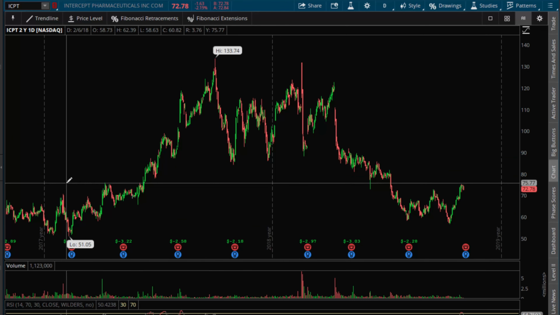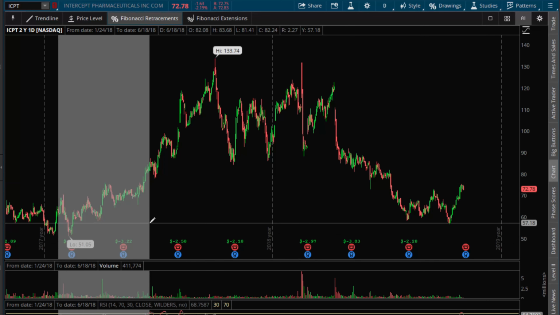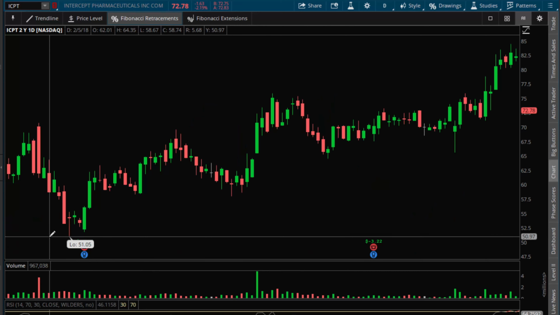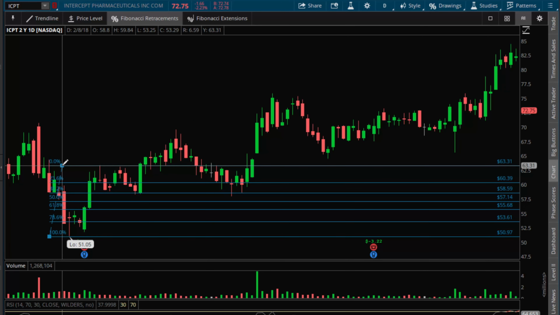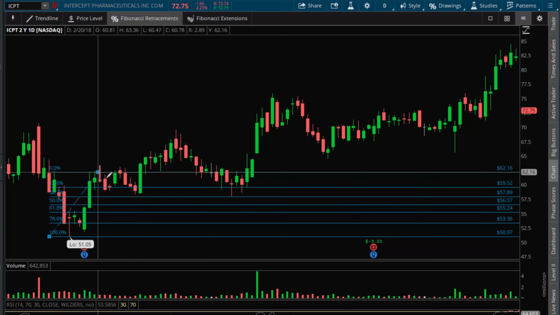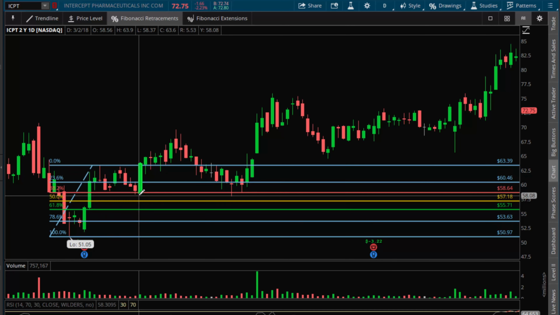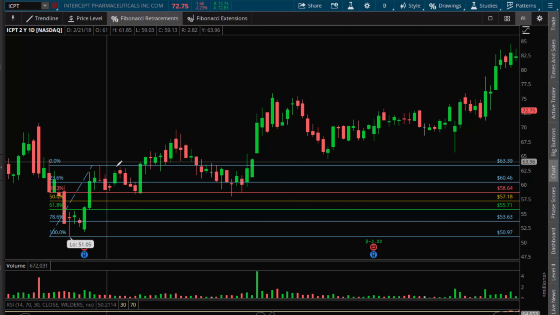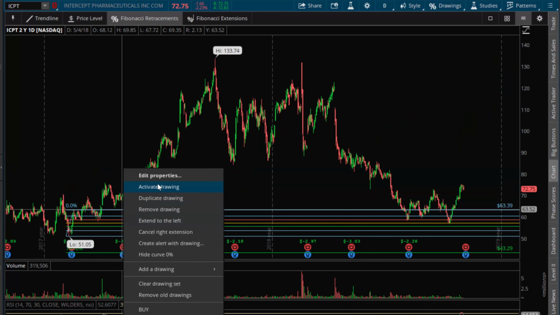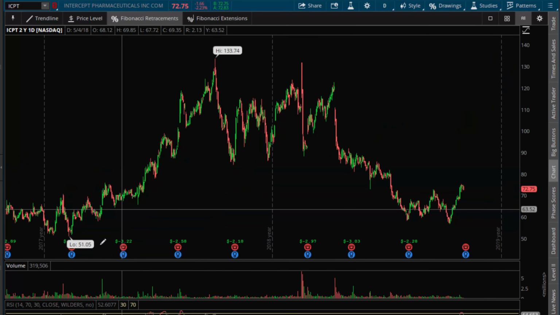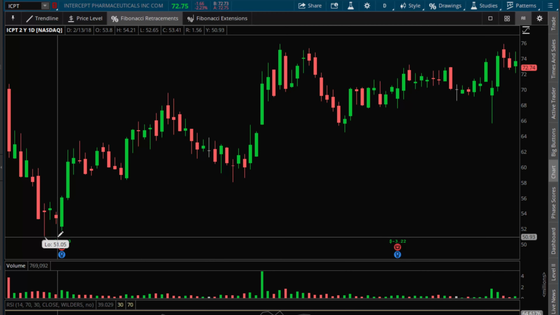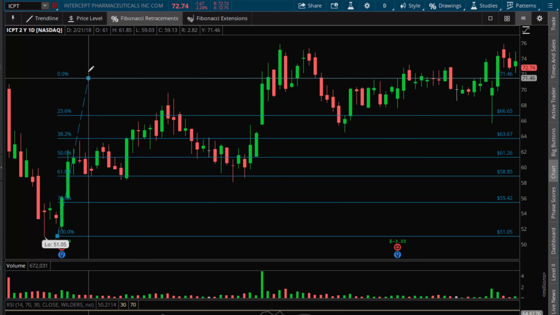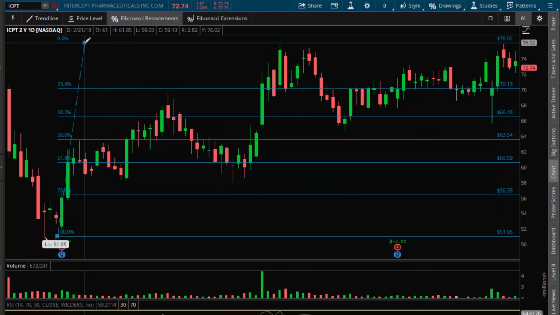Next one is going to be ICPT. Let me go ahead and just draw some Fibonacci here for you. So here you go. There's a 38.2. Move back to the 38.2 here. And then you can extend that time frame up to your next top,